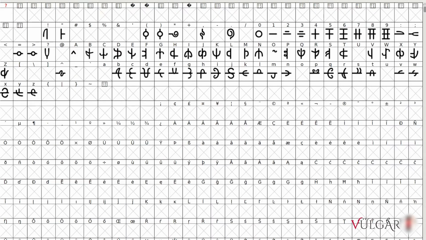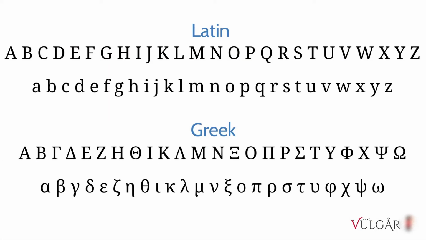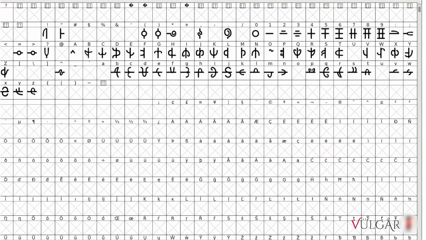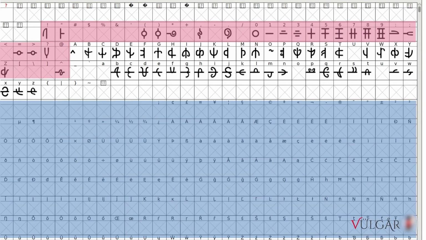Whichever software you choose, all your glyphs, that is, the symbols, need to be assigned to a character on your keyboard. You can utilise both the lowercase and uppercase keys to assign your glyphs to. It's worth mentioning that the very concept of lowercase and uppercase letters is really more of a Latin and Greek thing. Other writing systems tend to just have a single form, as do most conscripts. You may also assign glyphs to punctuation keys or special symbols if you need to.